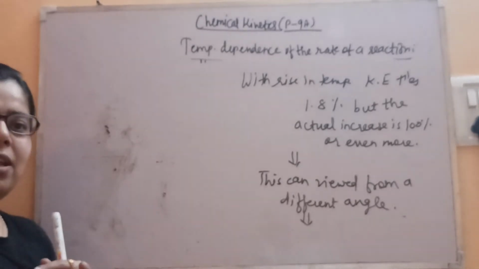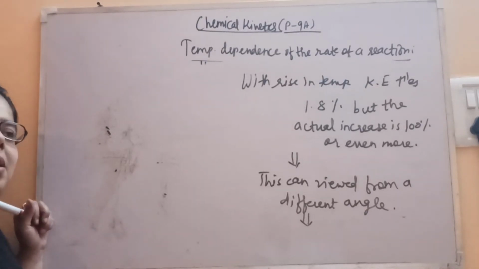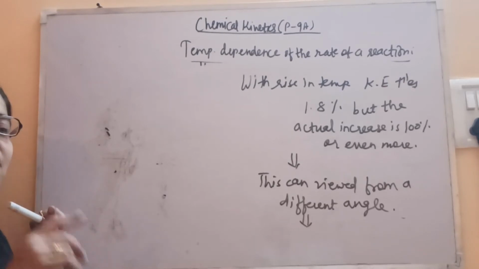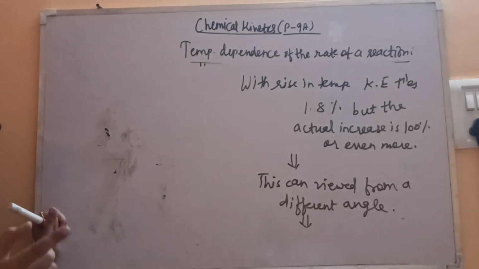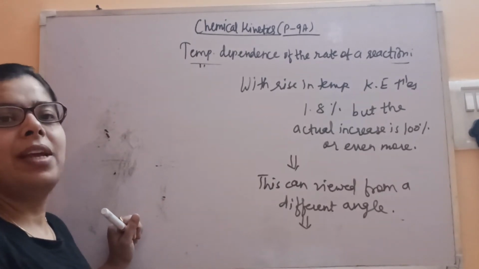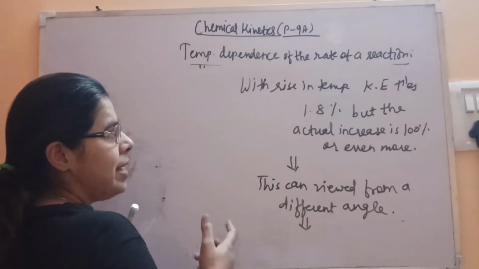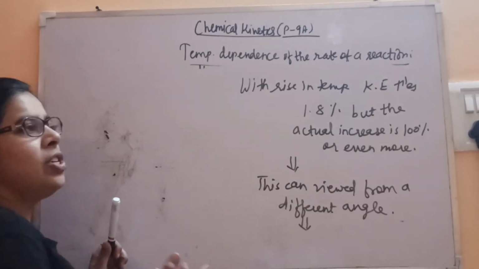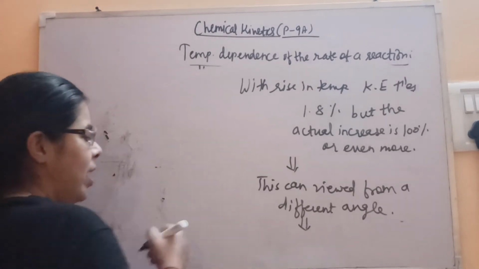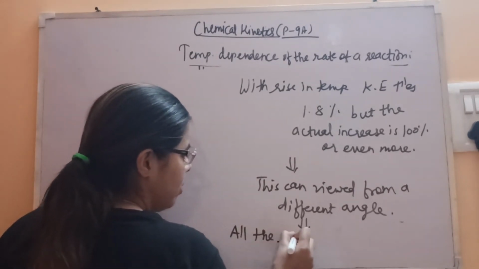If they are colliding effectively with one another and it leads to the formation of product, then it means it's an effective collision. Fine. So collision is there, but we have to check whether it's effective or not. So you can say that only effective collisions will result in a chemical reaction. So this can be viewed from a different angle. We are saying that reacting species which are taking part in the reaction are moving with kinetic energy. Fine. So you can say all the reacting species